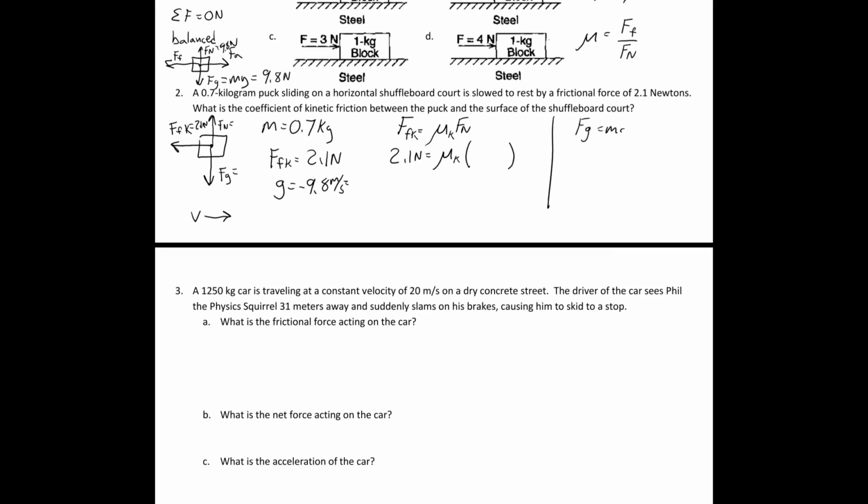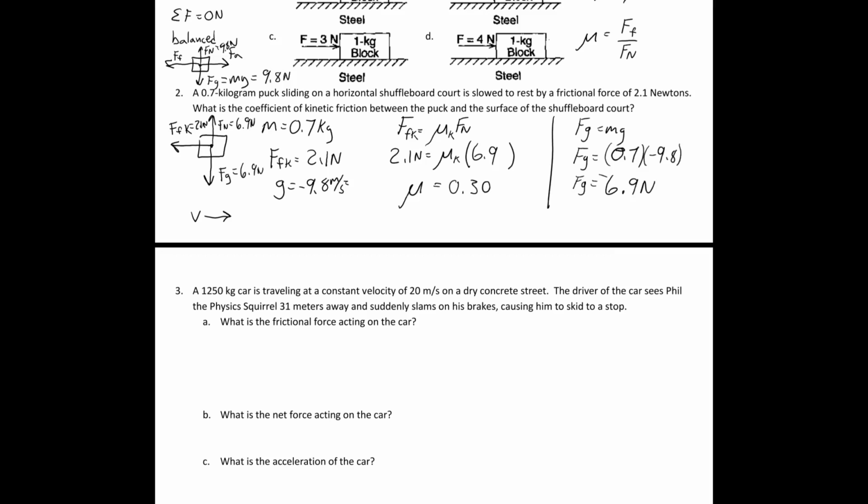So Fg is equal to mg. Fg is equal to 0.7 kilograms times negative 9.8 meters per second squared, or newtons per kilogram, whatever you please. And you get 6.86 newtons, or we could round it to 6.9 newtons down, negative. So this is 6.9 newtons down. That means the normal force is 6.9 newtons up. And there is the rest of our formula. Now we can solve for the coefficient of friction. We did not need to look at the front of the reference table at all. So you do 2.1 divided by 6.9,